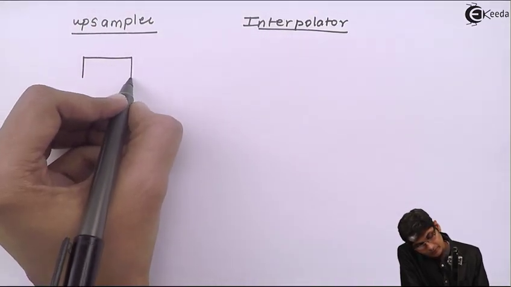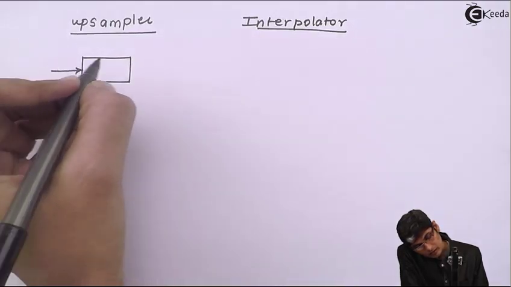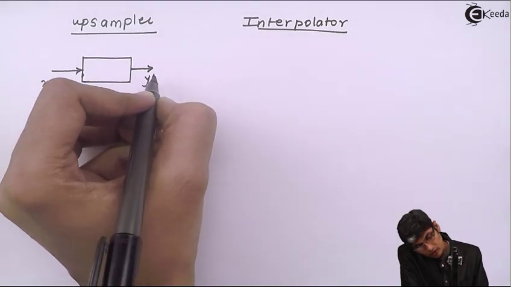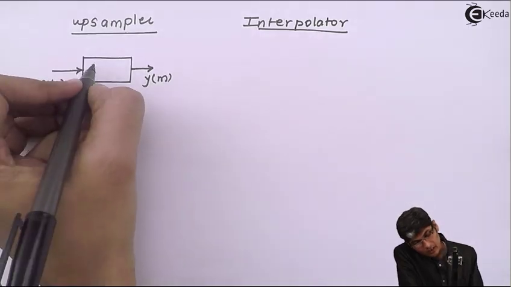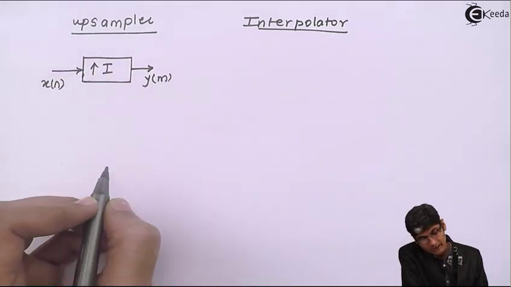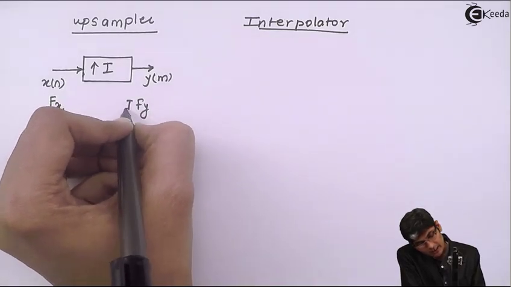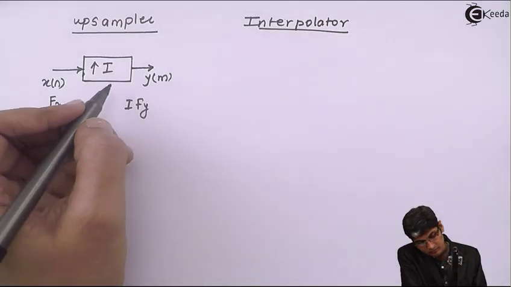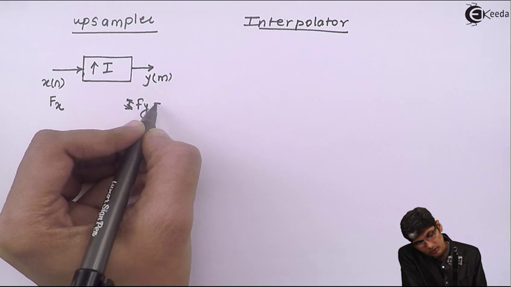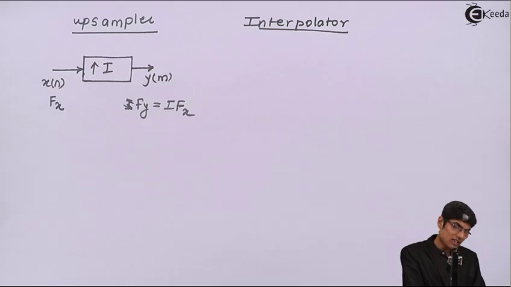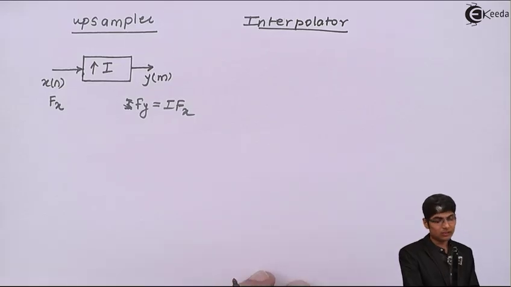Now an upsampler is, let's say I give input as x of n and output as y of m, okay, then I upsample by a factor of, let's say, L. Then here I have fx and here I will have fy, which is L times f of x. So in an upsampler I will just insert L minus 1 zeros and I will obtain the upsampling